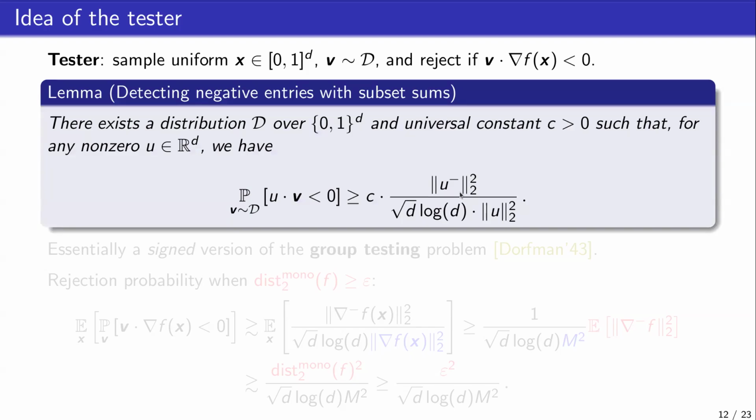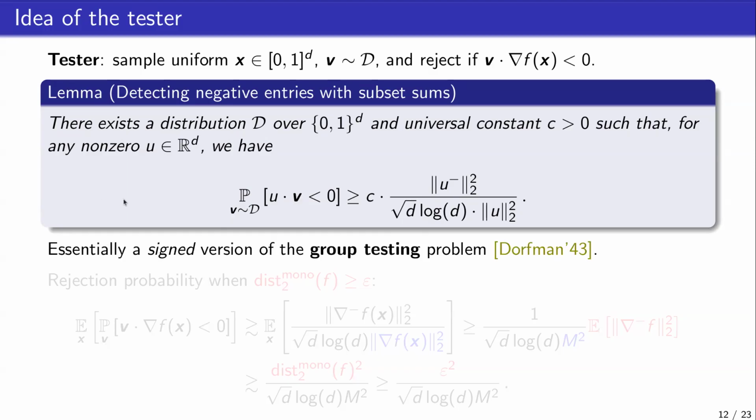And let's parse this fraction. So first of all, on the numerator, we have the negative entries of u and then the sum of those squares. So think of this as the total weight, in some squared sense, of the negative entries. And then I'm dividing by the total weight of all the entries of u. So this is somehow the relative weight of the negative components of u compared to all of u. And I would like the probability of success, the probability of detecting that u has some negative entries, to be growing as that grows. And this is what this lemma shows, but we incur a square root d loss. Okay? So we incur a square root d loss, but not a d loss. So that's the key point here.